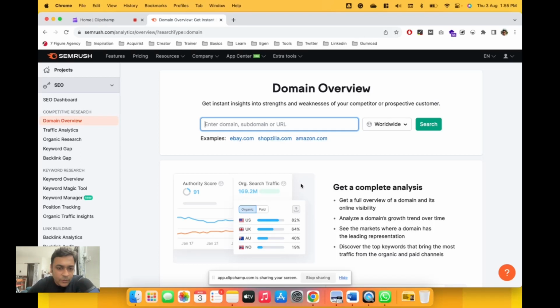Today we'll be taking a look at how to analyze any domain in the SEMrush tool. So the first step would be to log in to SEMrush, and on the left hand side there is a competitive research section. You can click on domain overview under that. Once you are in the domain overview section, any domain that you want to analyze, you can plug it over here. So just for example purposes, I'm going to be using apple.com,